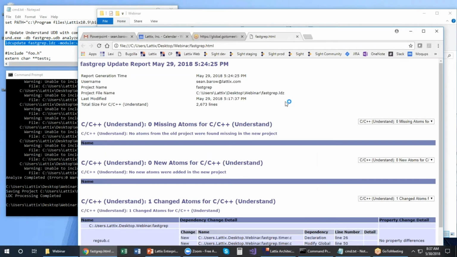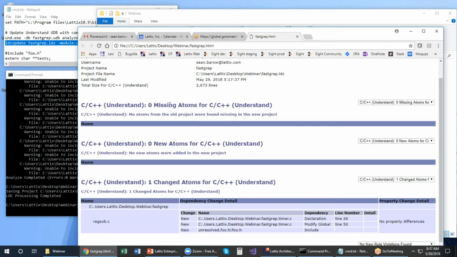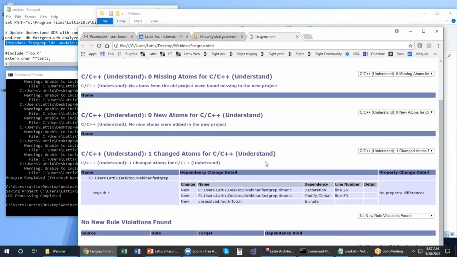So there it is. We have created an HTML file, and notice it says atoms is LaTeX terminology for the domain element of C and C++. So it says no missing atoms. So we didn't remove any method. We didn't introduce a new file. We didn't take away a file or do anything new. We simply made a change to regsub.c, and those changes took place, and it created a new dependency to timer.c